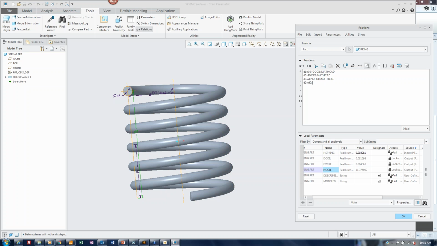Which I could have multiplied by half. Same thing, I just divided by 2. Now to tie the height of the spring, so we can push it back into Mathcad, we need to bring that in too. So the height of the spring is going to be equal to